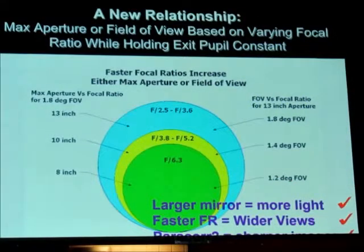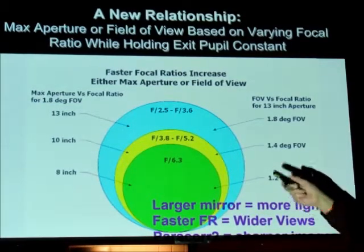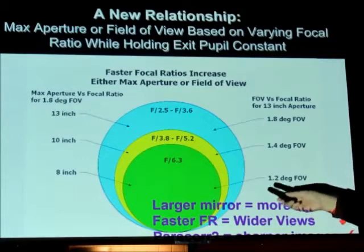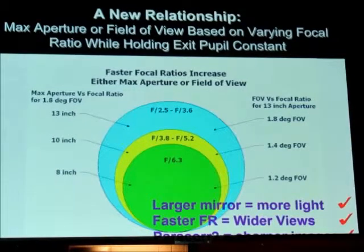Okay, so the purpose of this diagram here is to show you something really interesting. By going to a faster focal ratio, you can go from, let's say, an 8-inch telescope giving you about a 1.2 degree field of view. What this is showing you is if you keep the exit pupil the same size, which means that the amount of light going to your eye is the same, you can now go from an 8-inch to a 10-inch to a 12-inch telescope and go to a wider field of view. So those prior slides I just showed you, what this means is you can get a larger mirror to collect more light, you can go to faster focal ratios, you get wider fields of view. So the field of view is increased here. And with the Paracorr Type 2, you get sharper images across the view field. So it's like the best of all worlds,